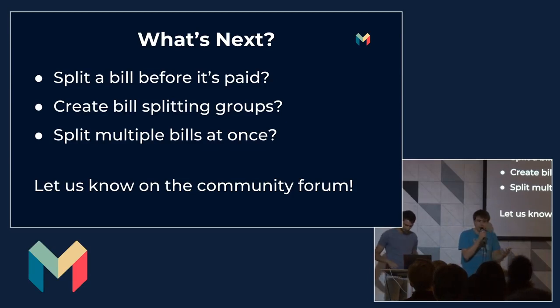Another idea that we're playing with is having groups. So you might have a group that has you and your two housemates in it, and then we give you a shortcut so you can really quickly split the bill with that group. It also lets you personalize your Monzo a bit, because you can have a group and call it Happy Flat, and you can give it a little picture. And finally, we've been talking about extending that, so rather than having to split every bill and then settle it,